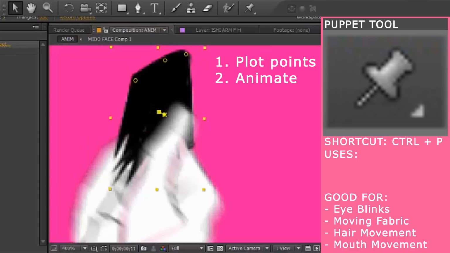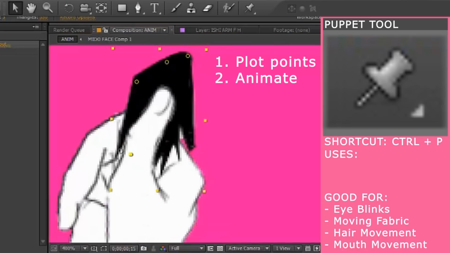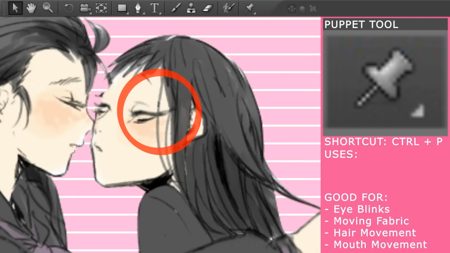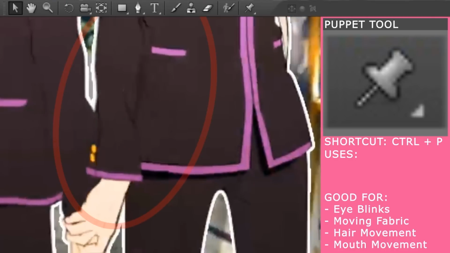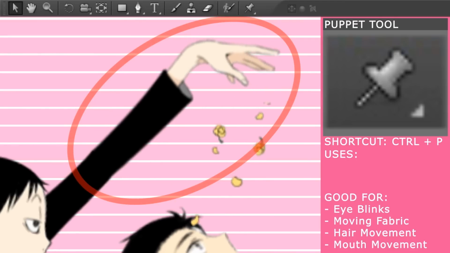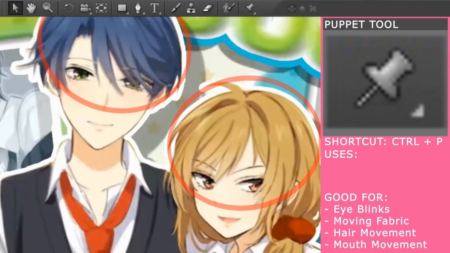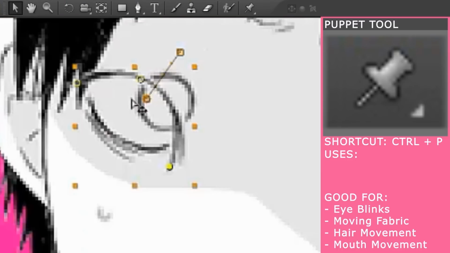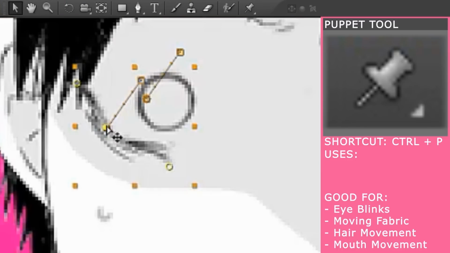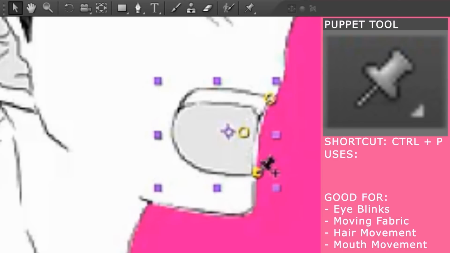Personally, I find it looks better in moderation, like if you just use it for small things, like making eyes blink or moving fabric, like say if you're pinching a sweater and you're getting that one point of the sweater and extending it out, or if you're animating hair or mouth or whatever, just small things when you need a certain point of something to be expanded, if that makes sense.